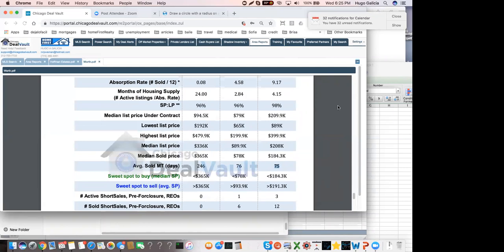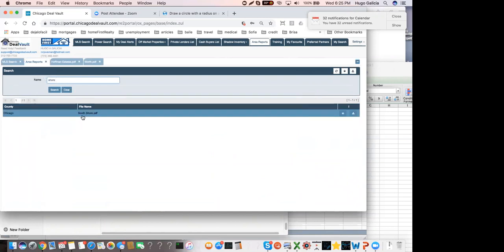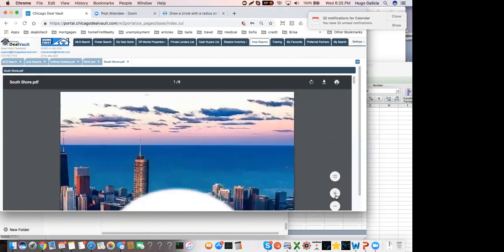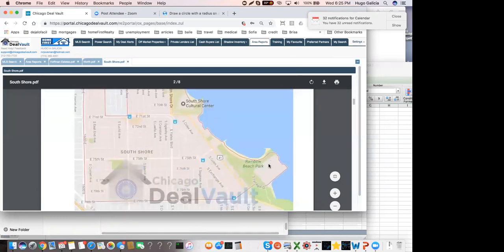Let's take a look at another one. Hoffman Estates, Elmwood Park. So let's look at another one. So this is South Shore. You know what? Let me show you South Shore, because many people are working in the South, and this is a great area to take a look at, right? Because